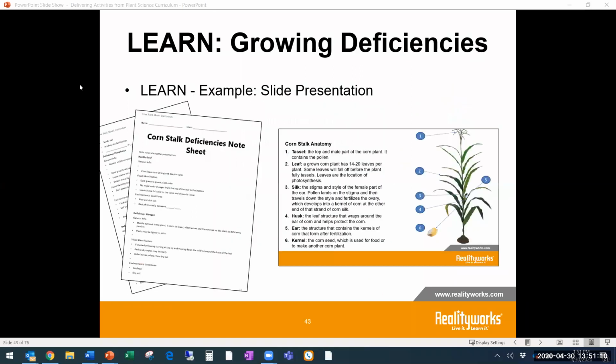The next piece is getting into some of our slide presentations. In this case, there are notes, so you could do a lecture with slide presentations, like I'm doing now, and have your students take notes while you're doing that. Maybe it's turning it in for a participation grade. Maybe it's something they can use for a quiz or a test that might be coming up. Those are different options for them to use.